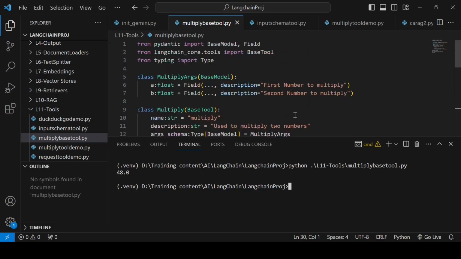So that is another way you can create a tool, by extending the BaseTool class. So generally you will use the @tool decorator only, which is mostly used for quick, simple tool creation. If you need a very complex, highly customized tool, then you can go with the BaseTool class.